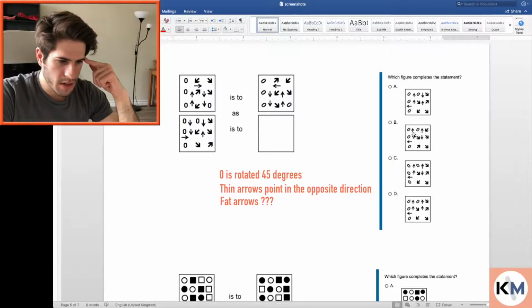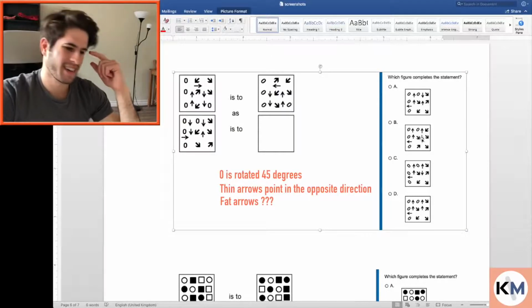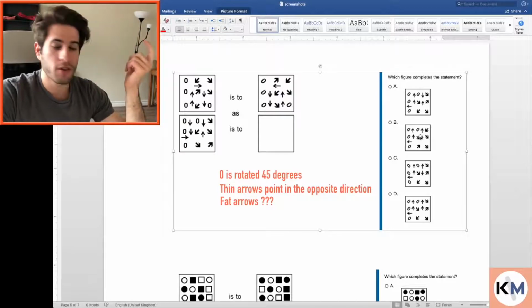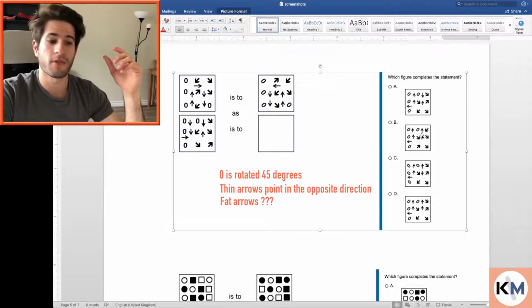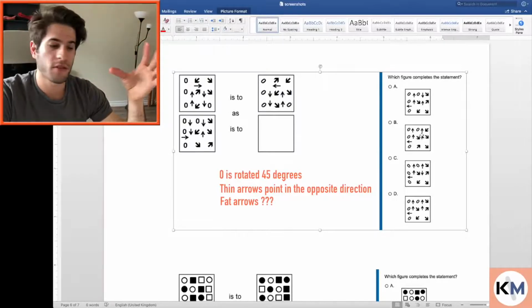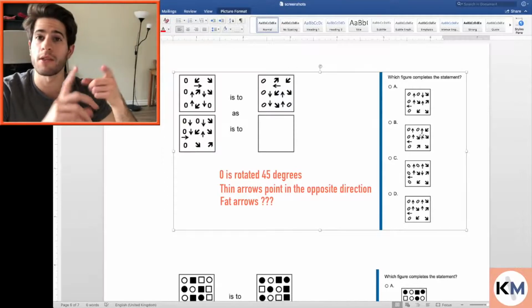So B, this points down, and D, this points up. So there we go. Has to be B. So I don't even know what's happening with the big fat arrows, and you can still solve this pattern. So like I said before, if you haven't figured out the full pattern, you're probably still gonna figure it out with a smaller set of patterns, or you're at least gonna get the majority of the questions